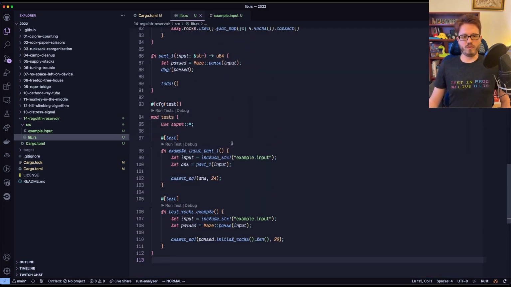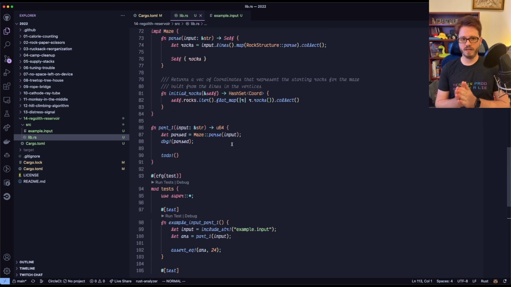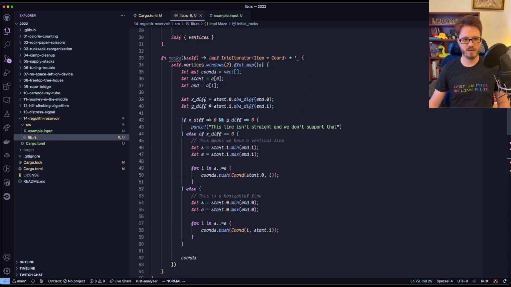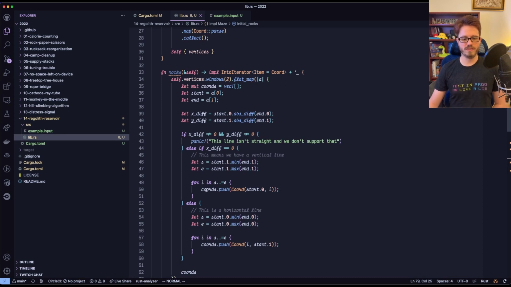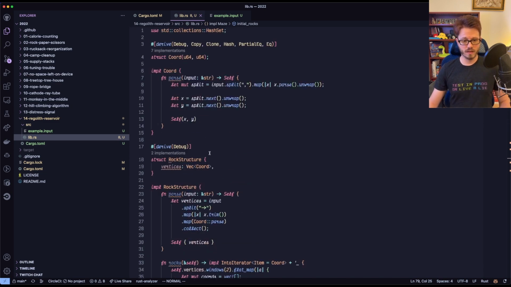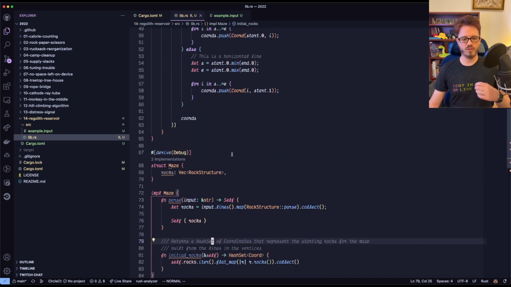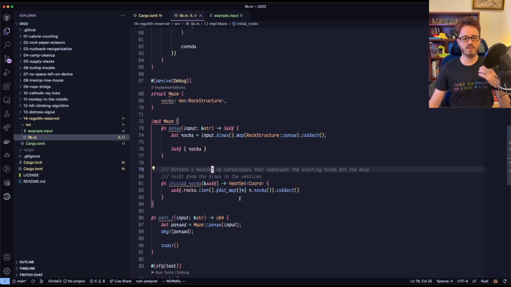Okay, so it looks like we are parsing the rocks correctly. This doesn't return a vec anymore. Cool. Each line is this map, so I could really extract this to a method about lines, but I didn't. And okay, awesome. Now we have the initial rocks, and so now what I need to do is